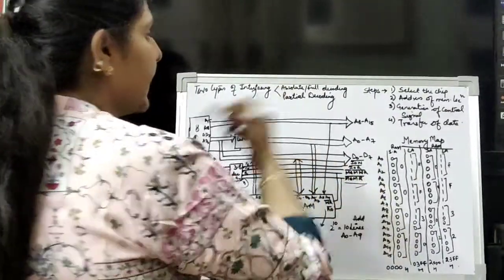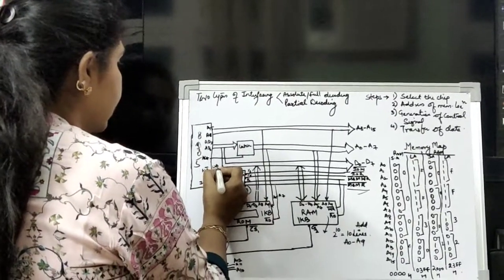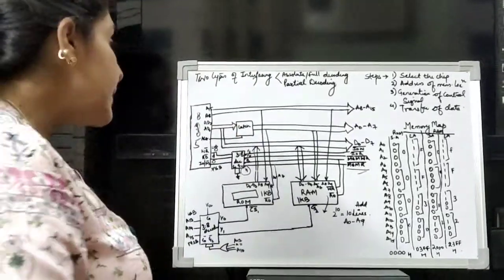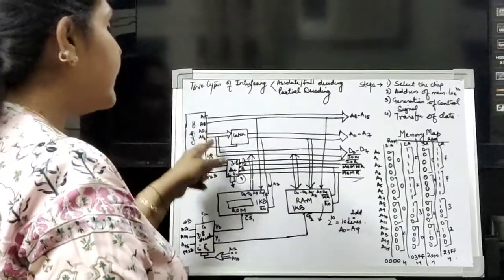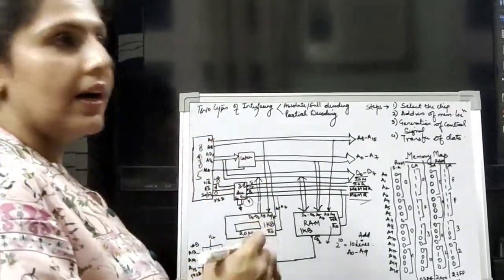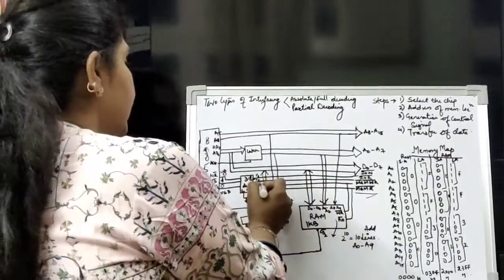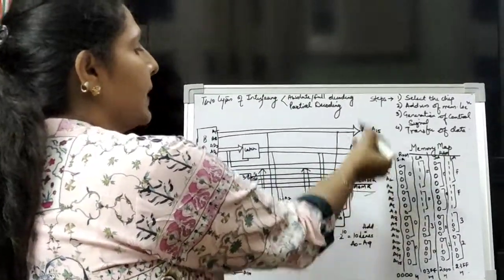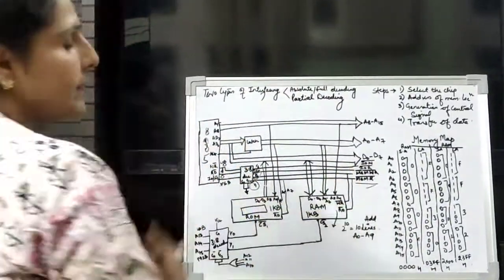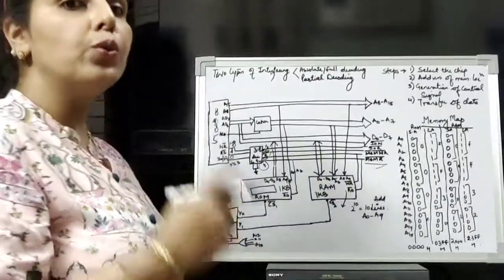Similarly, let us take memory write bar. Memory write bar means the write signal is 0 but read is 1, and memory signal is again 0. So 0, 1, 0. The decimal of 0, 1, 0 is 2. So Y2 is used for memory write. Similarly IO read and similarly IO write. Now next come our memory modules. Here in this example I have taken 2 modules.